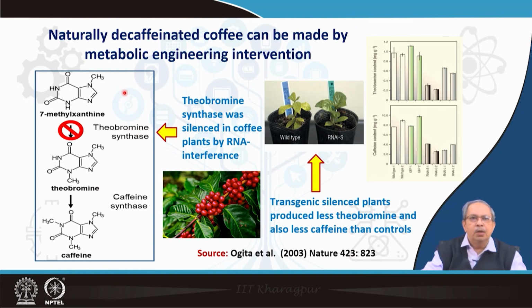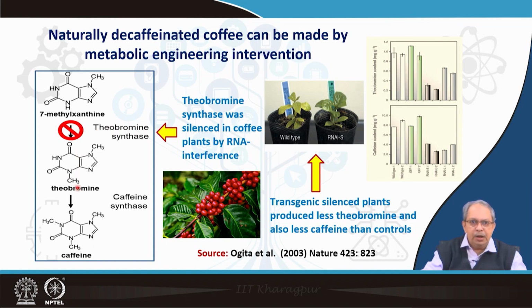As I have mentioned in the previous class about caffeine, it is always desirable to reduce the caffeine content in coffee. So, what scientists did basically, they used the RNA interference approach, through which they silenced the genes for caffeine biosynthesis. The first one is the theobromine synthase, which produces theobromine from 7-methylxanthine, and the other one is the caffeine synthase. So, what they did actually, they blocked the theobromine synthase here, so that less theobromine is produced,